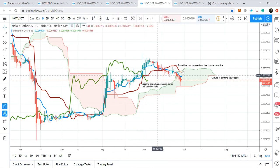And if we watch the conversion line, this is the bullish line, the conversion line, the blue one, and this brown one is the baseline, that is the bearish line, then the conversion line has crossed down this bearish line, this baseline. Therefore this is another bearish signal, and you can observe that this bear cross has been formed almost above the candlesticks. So if you have found this bear cross above the price line, then that is another bearish signal. At this time the price line after this bear cross has reached up to this support of this cloud,